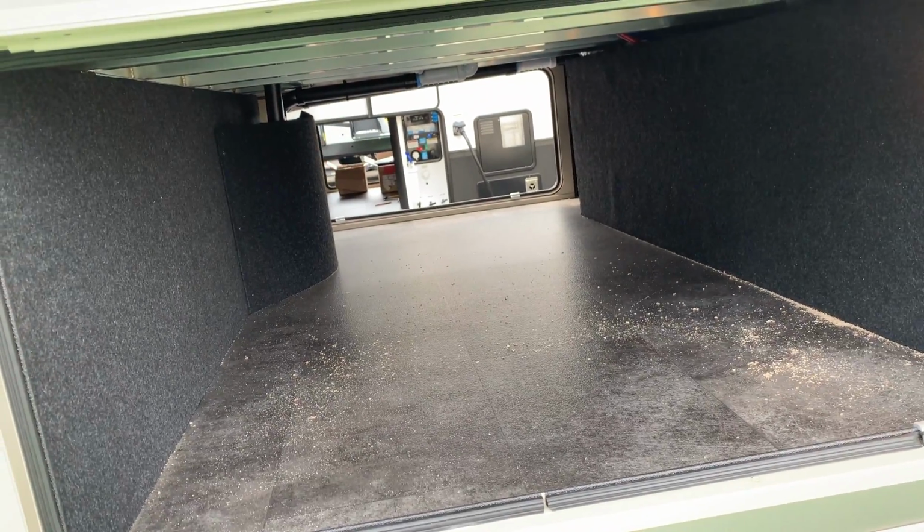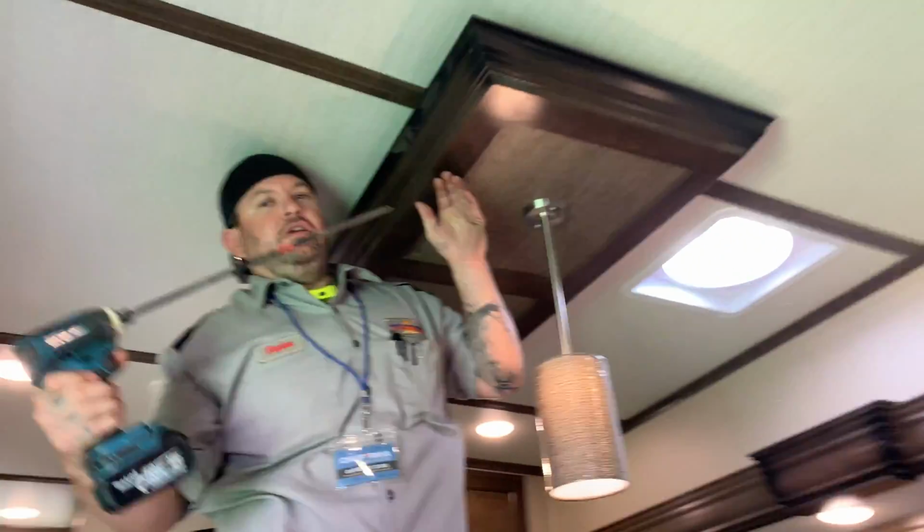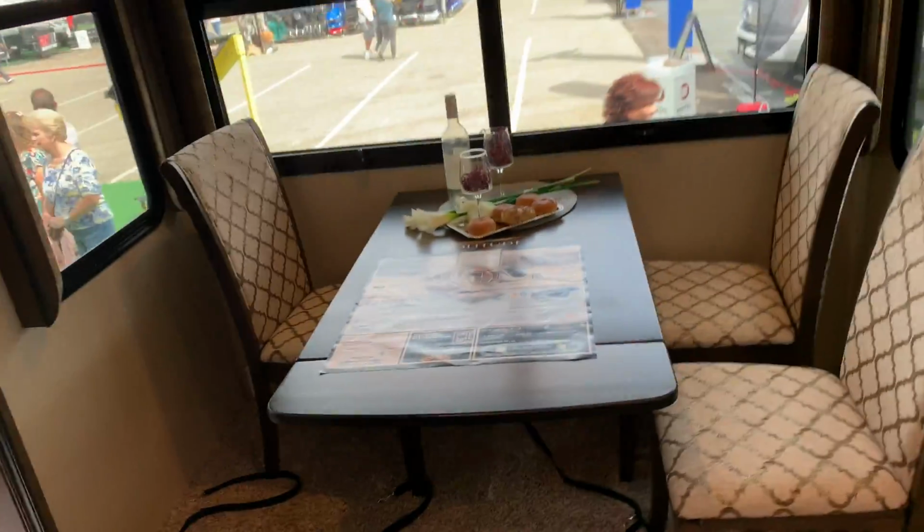Holds a lot of beer. Hey, with the show price, does that come with you guys to change and fix things? Absolutely. That's awesome, because I'd love that. Here, wave to the camera. Hey, how you doing? What's going on, man? Can you see the guy about us? A 2-inch screwdriver there? That one...